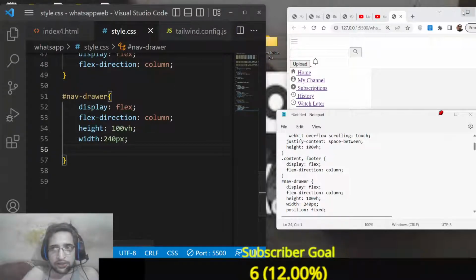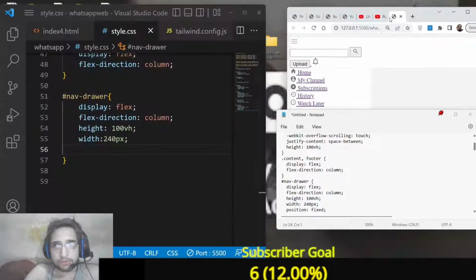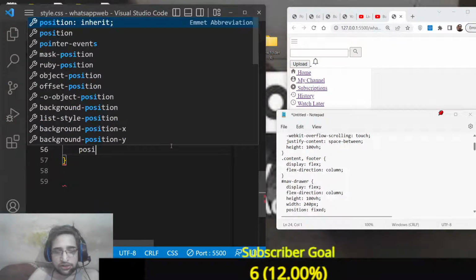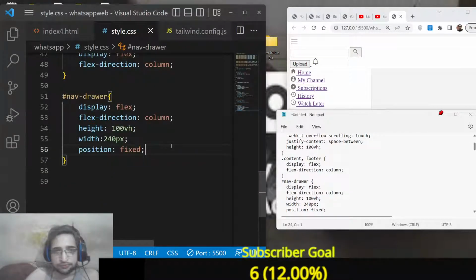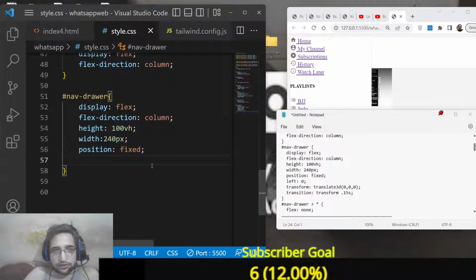So now you can see it is stacking up here. It has got this fixed width here, you will see 240 pixel, and we need to make its position fixed so it is not movable. So position we will say fixed at the left hand corner, and also we will say left to 0,